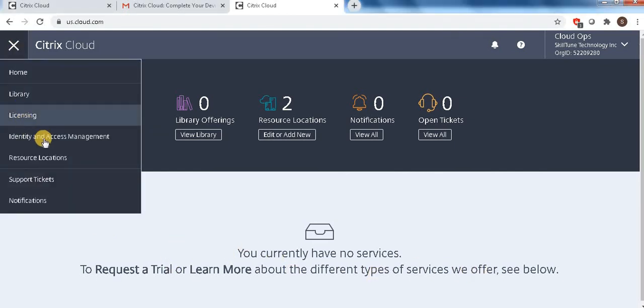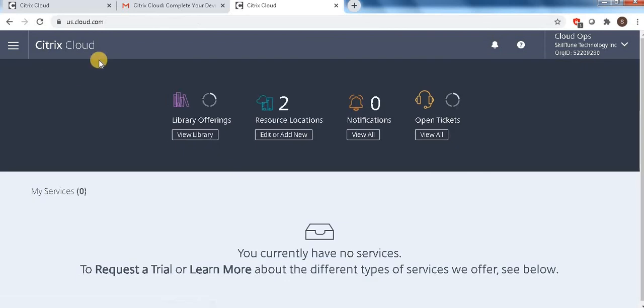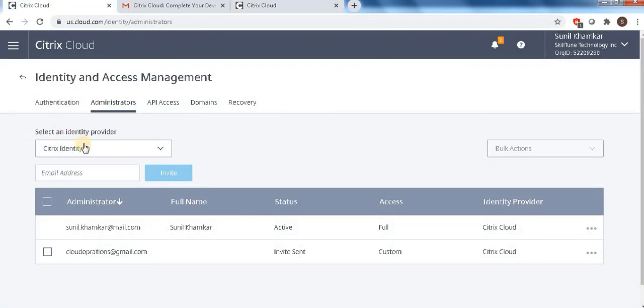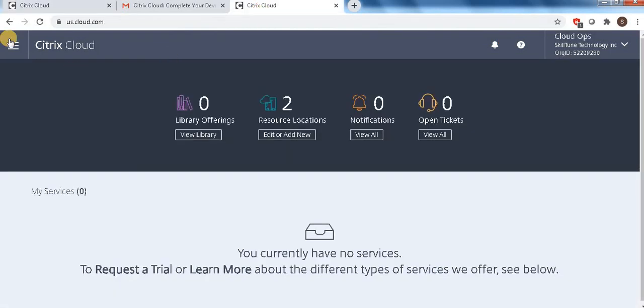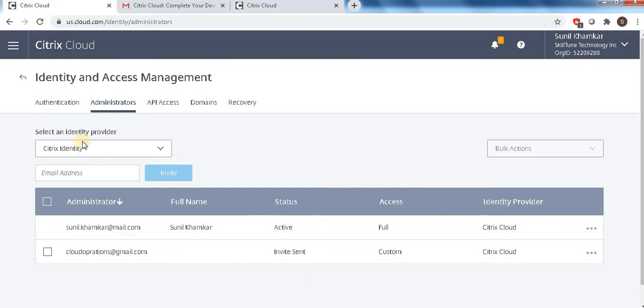If you go to Identity and Access Management, you're not able to see the administrator, domain, and all those options which we were able to see with the administrative access. Let's go back here. I'm already connected, and here I'm able to see all those options, but with the other user I'm not able to see them. So this is how you can delegate your access.